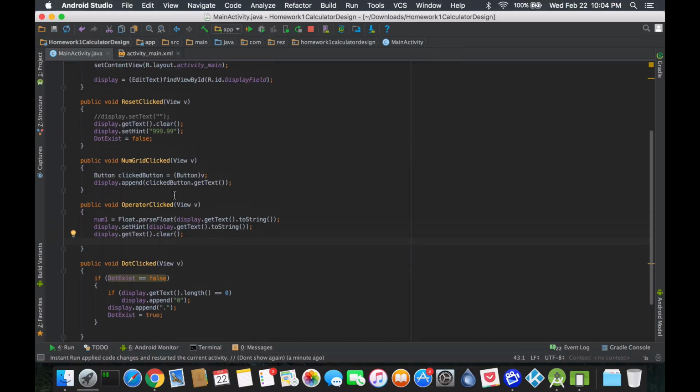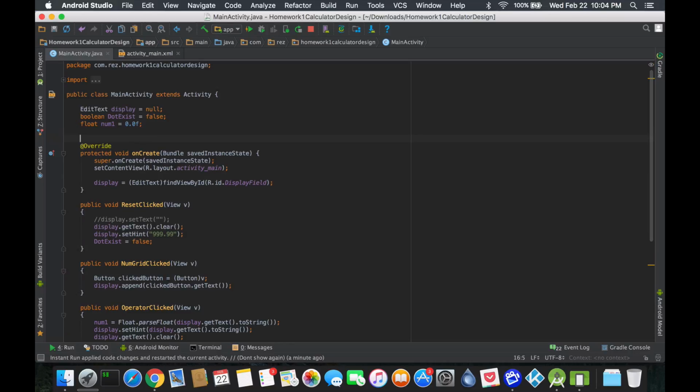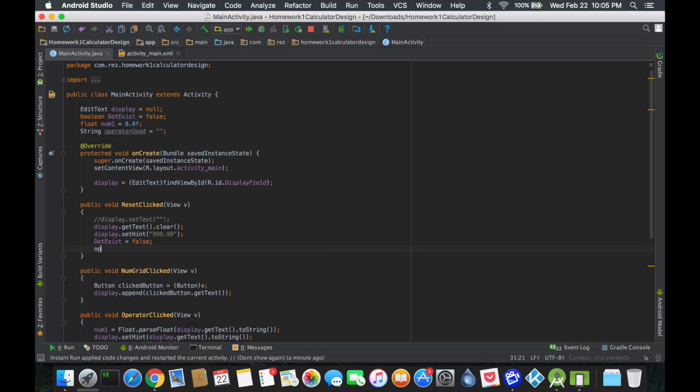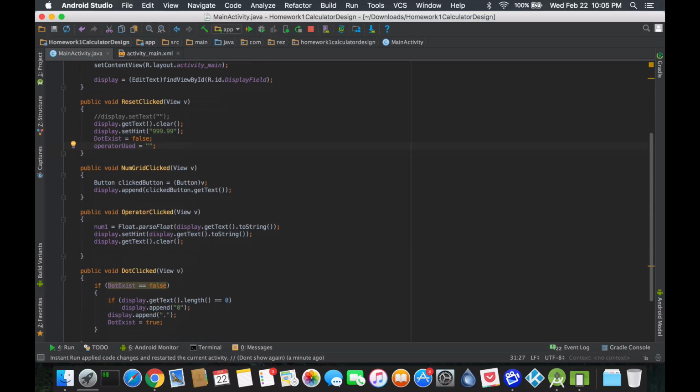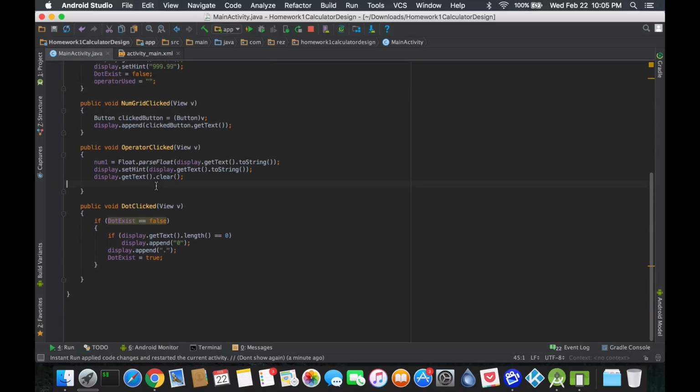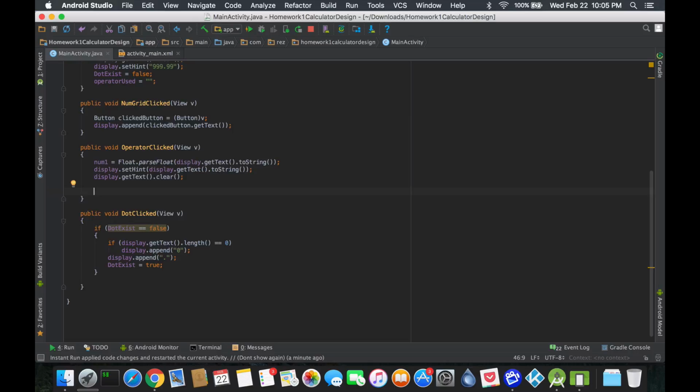So we could create a variable that keeps track of our holders. We could create enums, we could create whatever. I'm just going to stick to string for now because we just want to make it fast, quick and easy. So string operator used. By default it's nothing. So if there's a default on my reset, I also want to set the operator back to nothing. And whenever an operator gets clicked, this is the moment I want to do operator used equals